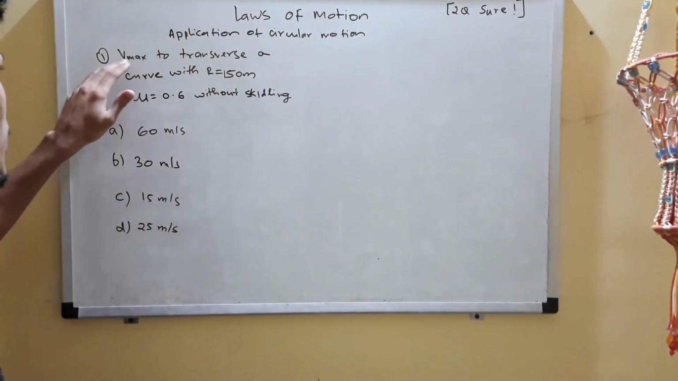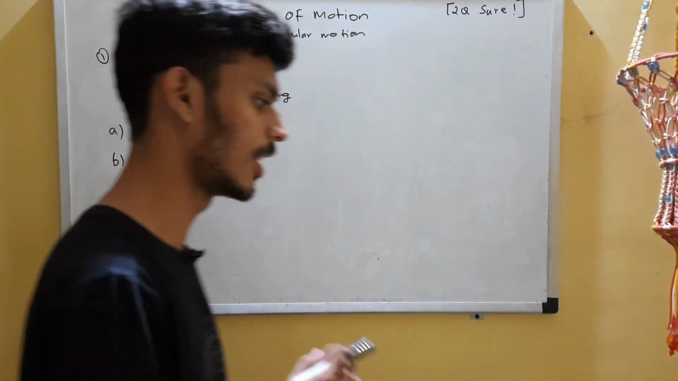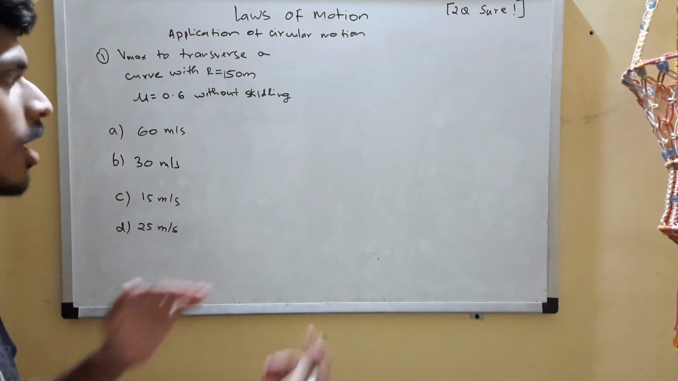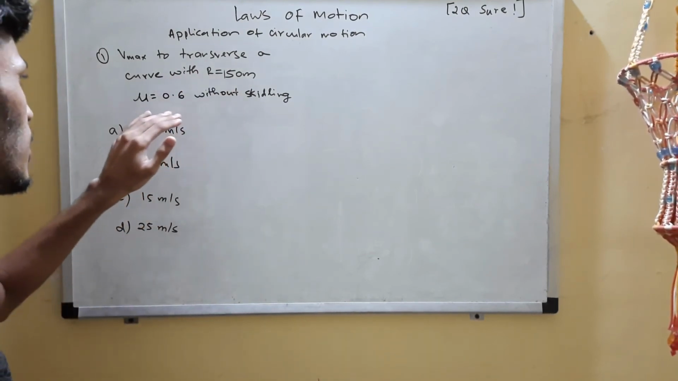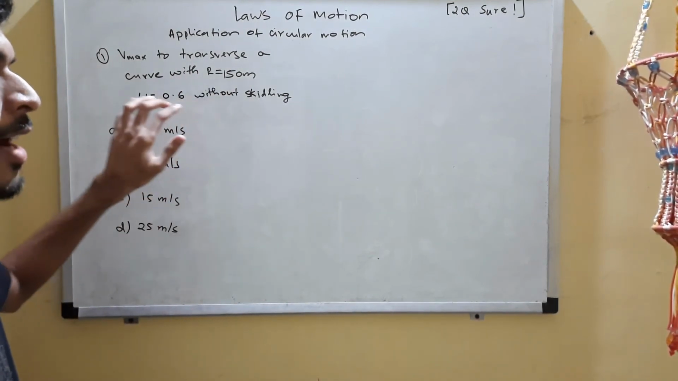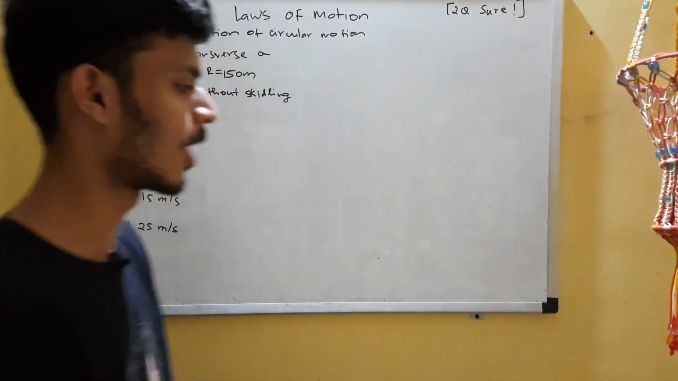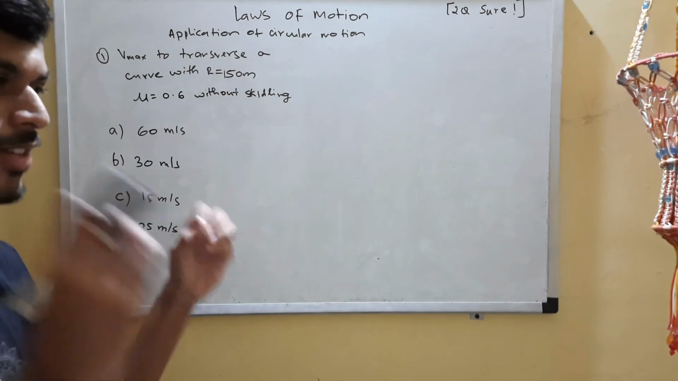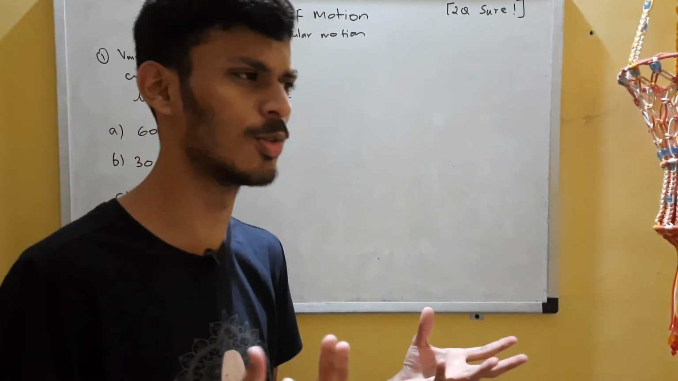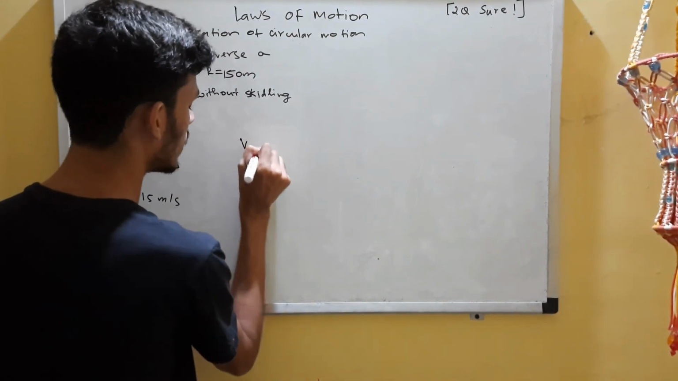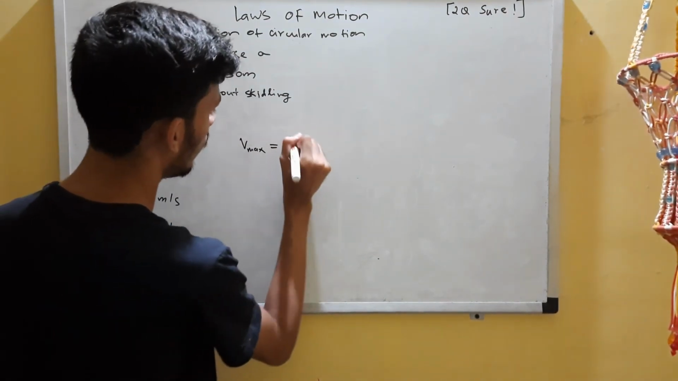Here you are supposed to find the maximum velocity with which you can traverse a circular curve of radius 150 meters without skidding. The coefficient of friction is given as 0.6. Very simple, straightforward question. Here you are just supposed to apply a formula that says V max is given as